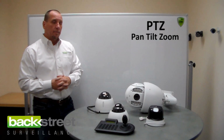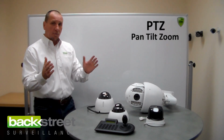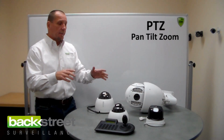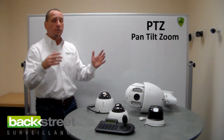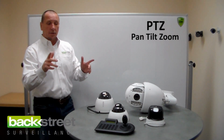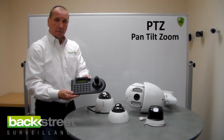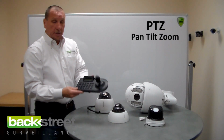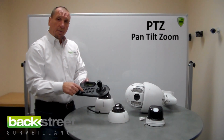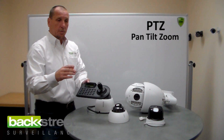Okay, there's 2 ways to control the system. The DVR has software built into it, and with the mouse you can pan and tilt any of these cameras. You simply select the camera, you go pan, tilt, zoom, and you can pan, you can tilt, you can zoom. You can also go with a joystick controller. This is what's called a 3-dimensional joystick controller. It's a great little unit. This can also plug right into the DVR, and you can either use this or you can use the software